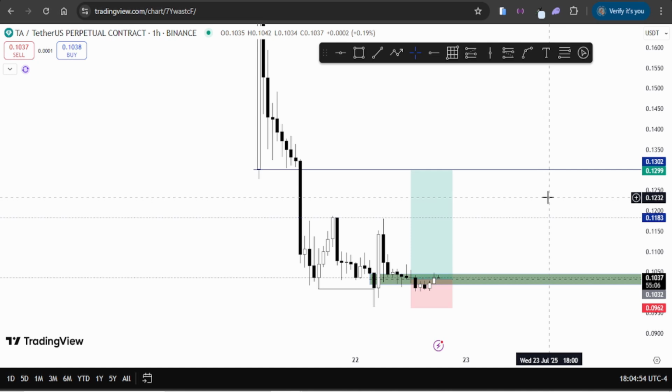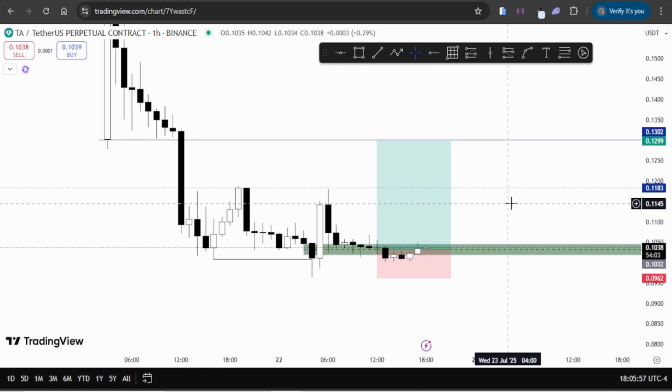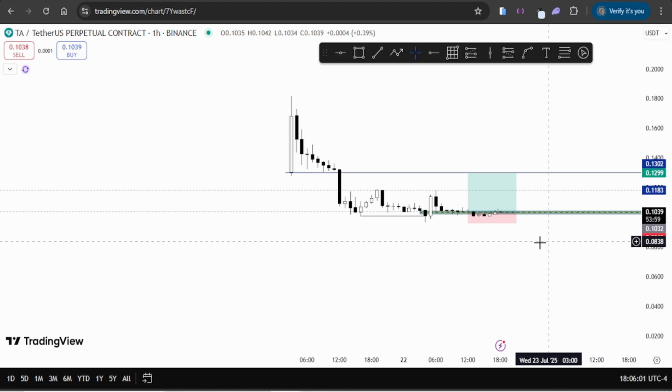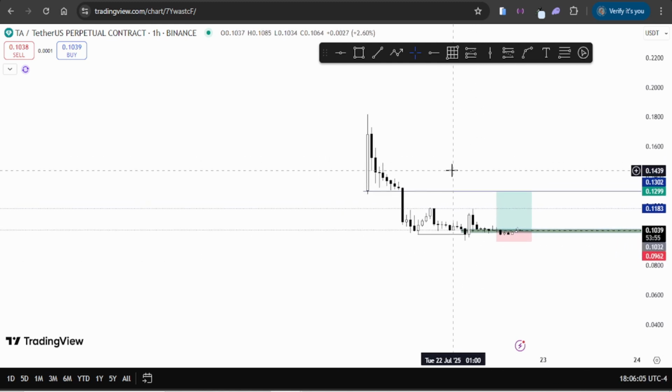All right, the best way you can understand liquidity and inversion fair value gaps and use it as an advantage when you are trading. So we are looking at TAUSDT, and as you can see, we don't have much going on in terms of price action. It's basically